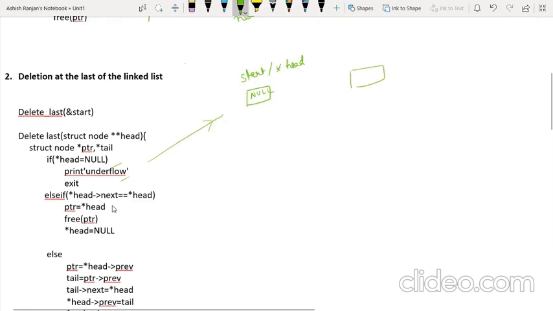Now when it has a single node, then asterisk of head next is asterisk of head, meaning the same node is pointing to the same node. Its next portion is pointing to the same node. So PTR will point to the first block with this syntax. This syntax will delete PTR, and finally asterisk of head will become null. So this is the second case.